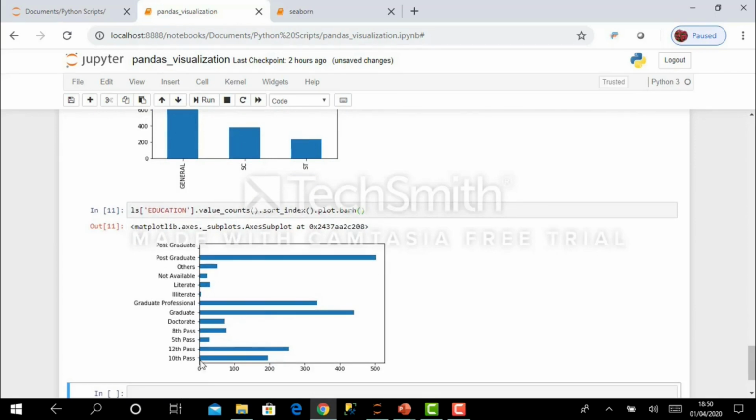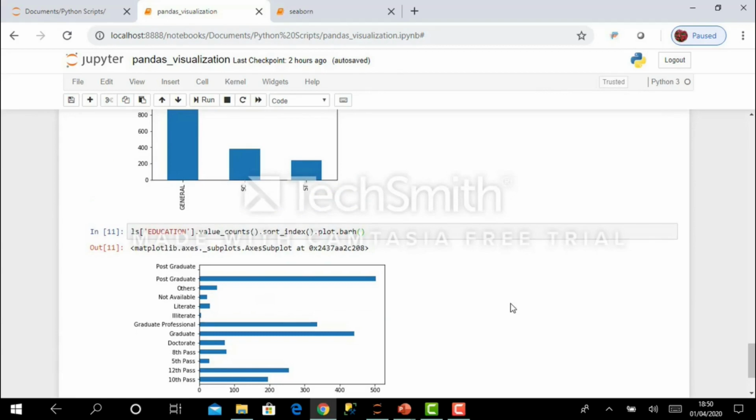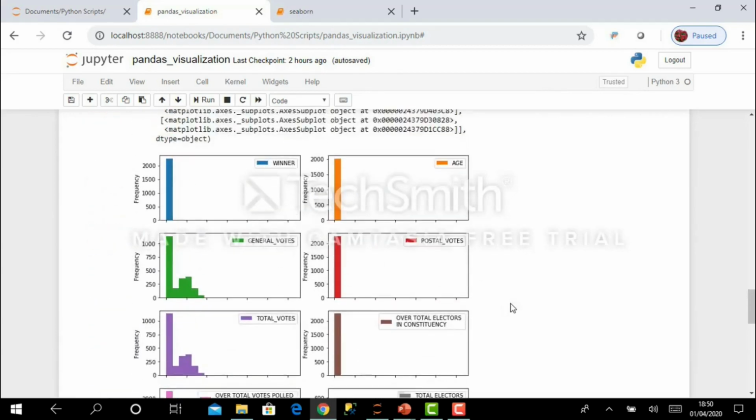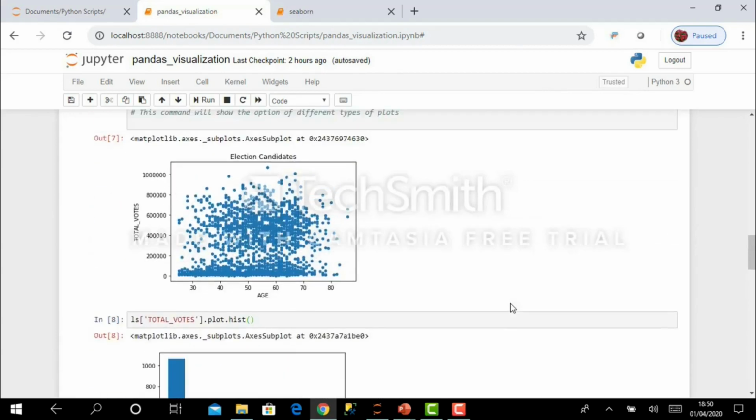Now in the y-axis you have the categorical values. For education I have these many types of education values in the data set, and for each value it is calculating the number of occurrences. So this is how I can generate different types of graphs using the pandas plot method.